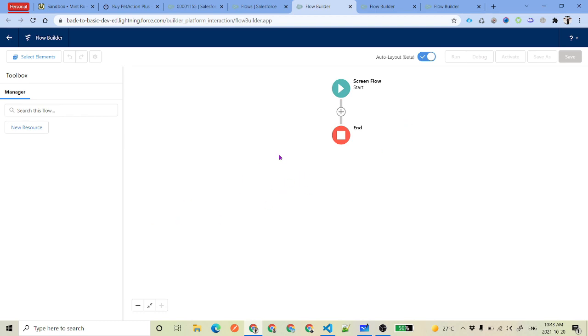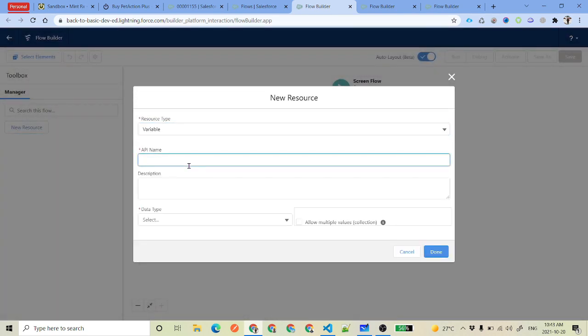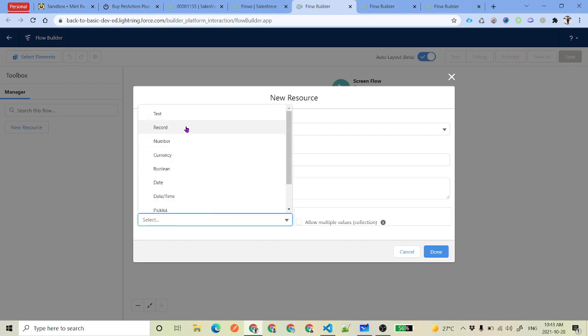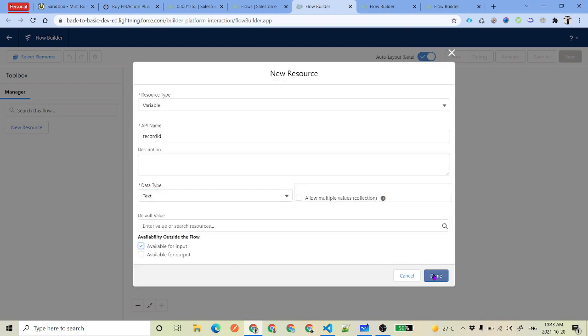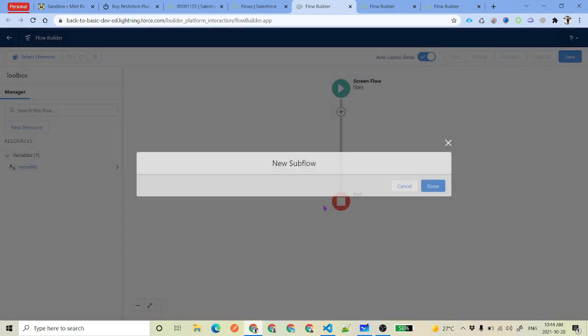As this flow will be sitting on the account detail page, to read the account record ID we need a variable. So the variable name is going to be record ID, data type is text and available for input. Click on done. Now just click here on the plus icon and select subflow.